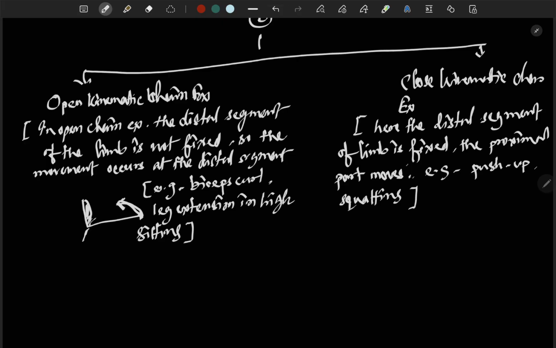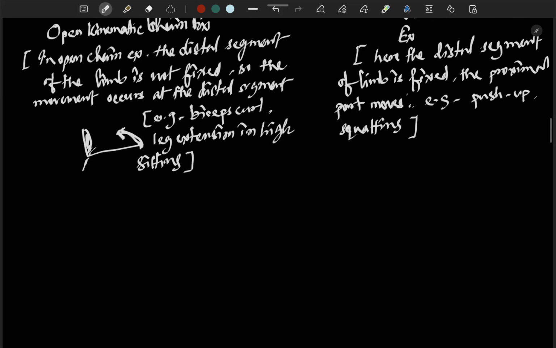The distal segment is fixed, only the proximal segment moves. Suppose this is the human body, this is the leg, this is the proximal segment, and this is the distal segment. When you are in this distal segment, from here to here, it is fixed and only this proximal segment moves. So it is the example of the